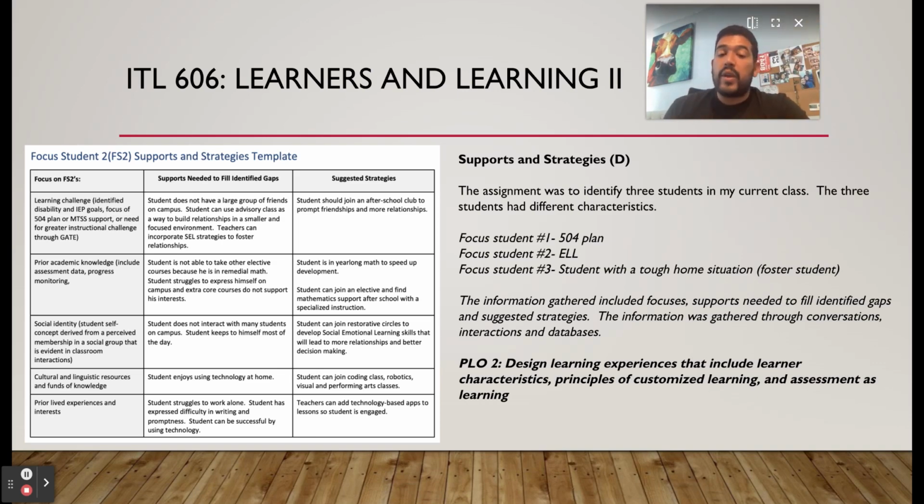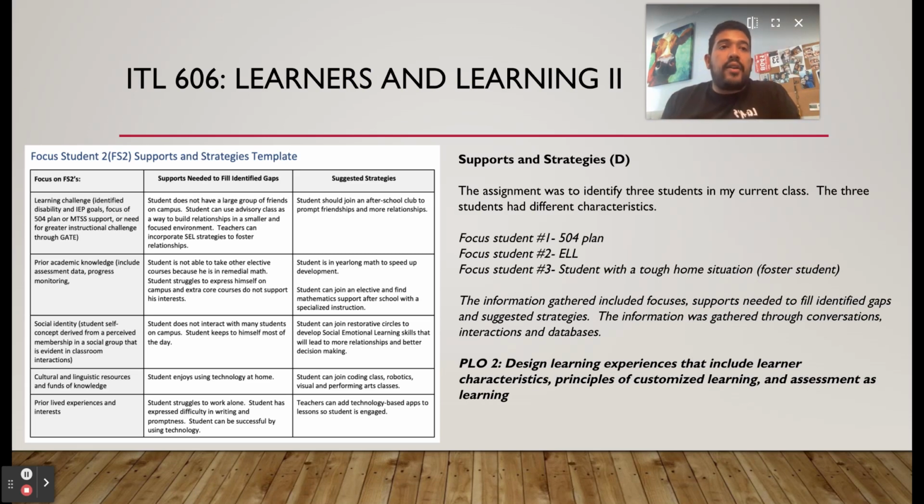And we used different databases, such as Infinite Campus, where you can see their testing scores, their reading levels, their grades, and behavior interactions, different things that I felt the student could use to do better and be more successful in their classes. Two out of three of these students were really struggling in the classroom, and they struggle